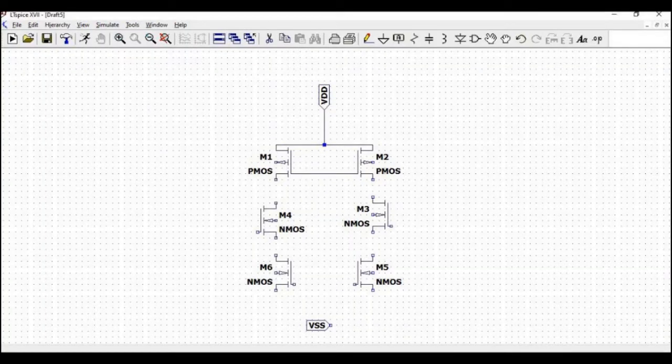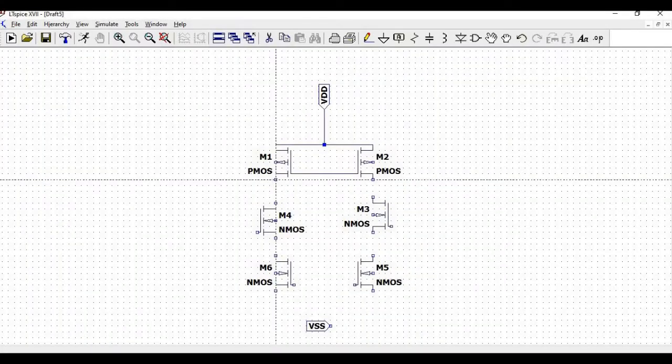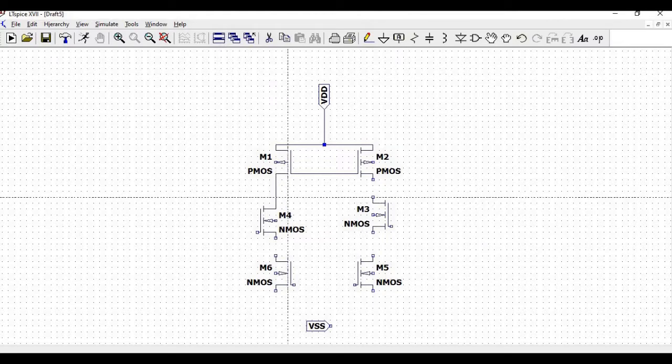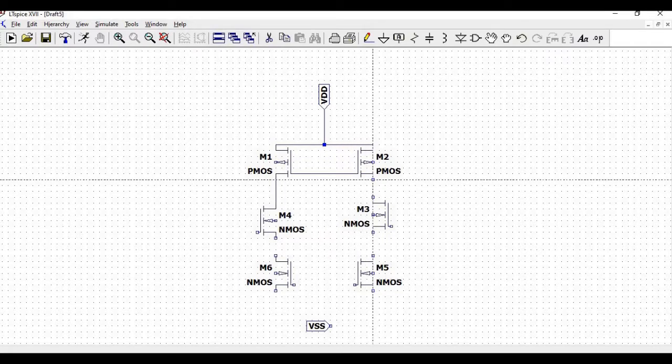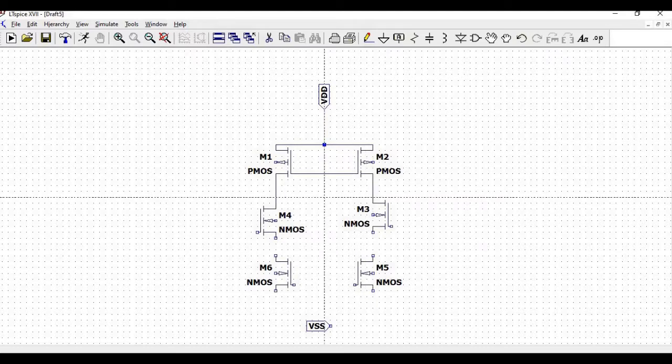Now the drain of PMOS transistor, that is PMOS 1, is connected to the drain of the NMOS 4 transistor and the drain of the PMOS 2 transistor is connected to the drain of